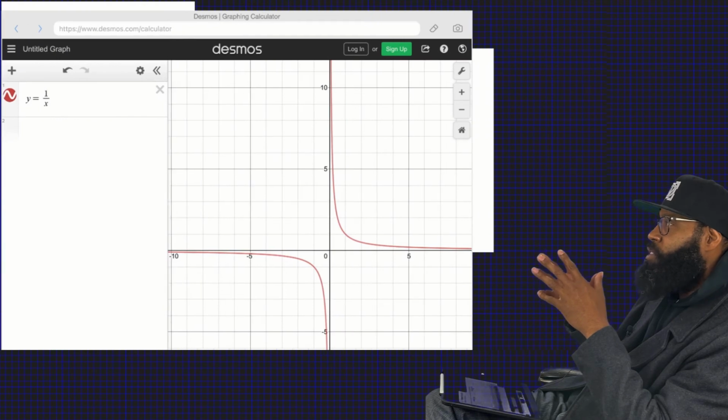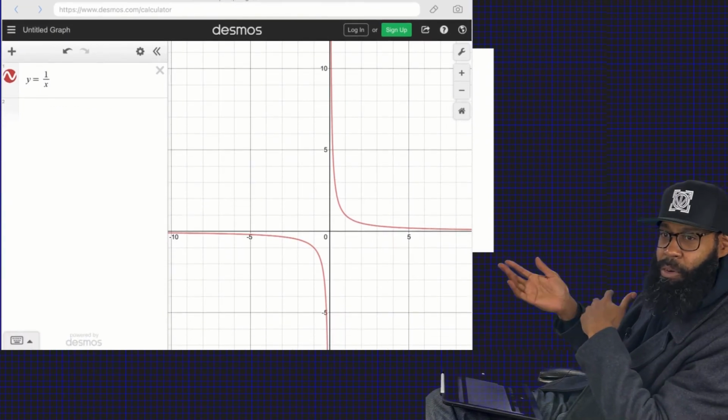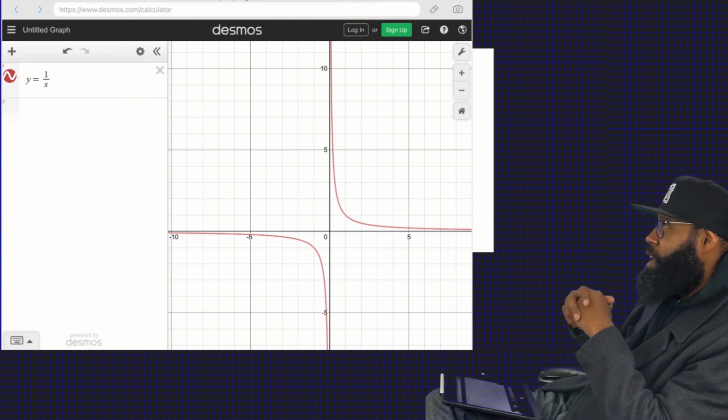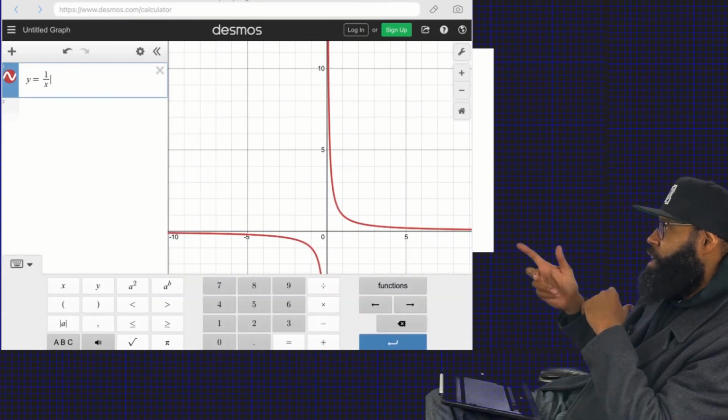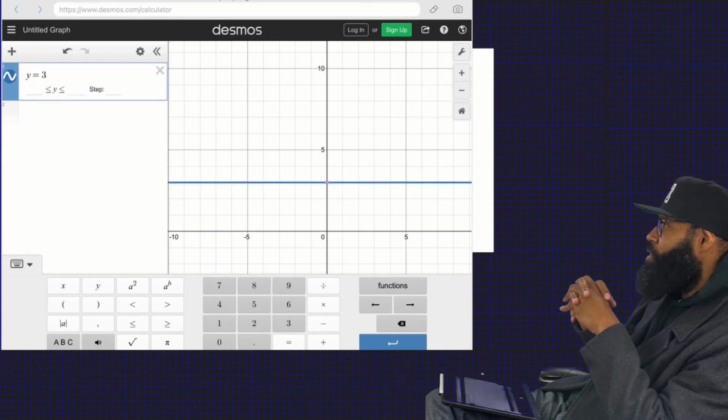So that's why for number 10 we plugged in 1 for x. And of course 1 divided by 1 is 1, so y would be 1, so the point is (1, 1). So here it is again. The Desmos, let's get the correct function. So no longer y is equal to 1 divided by x, but I'm going to go ahead and get the new function. Y is going to be equal to,